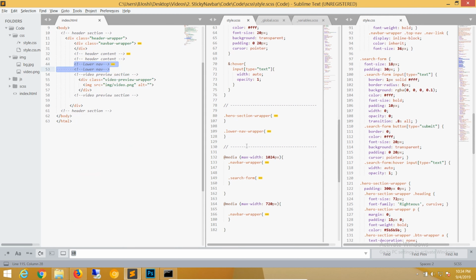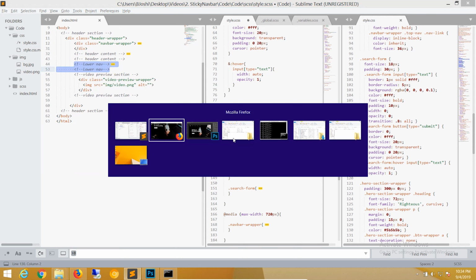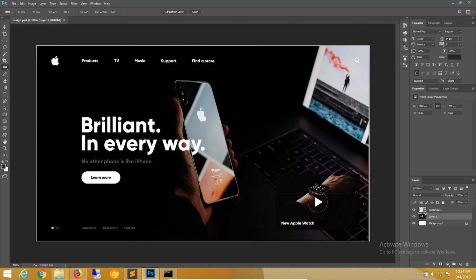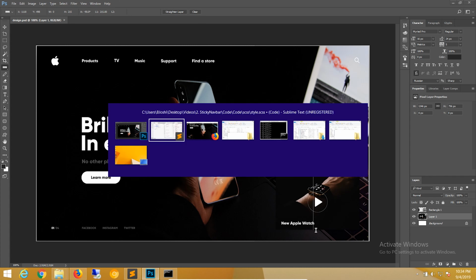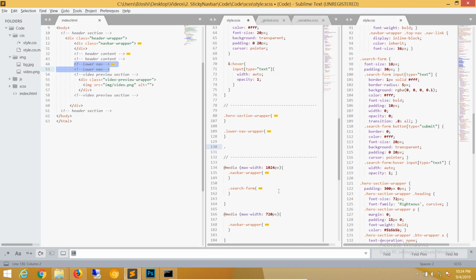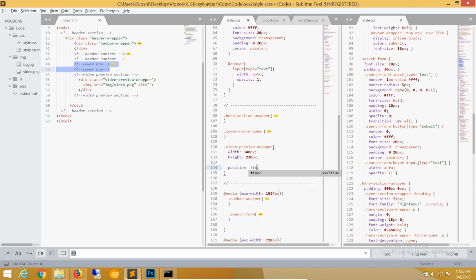So now we have to style this simple video preview section. Let's just measure the height and width of this. So it is 340 in width approximately and 220 in height. So this is video wrapper, right? So let's just type video preview wrapper and let's just give it a fixed width of 340 pixels and height of 220 pixels. And again, let's just give this a position fixed,